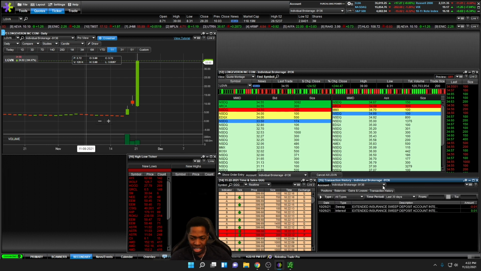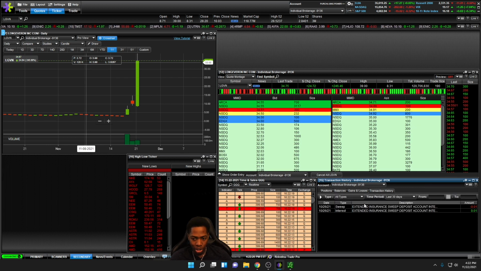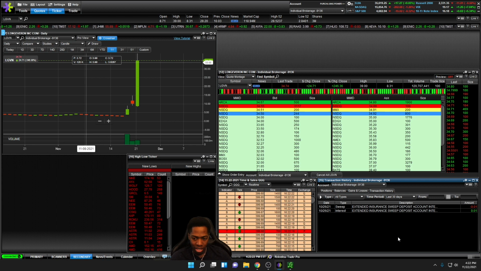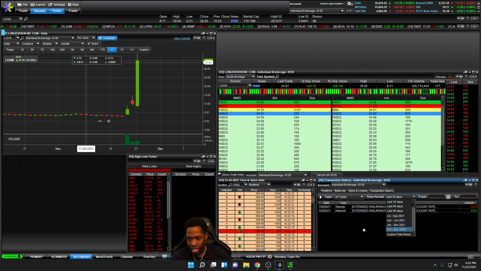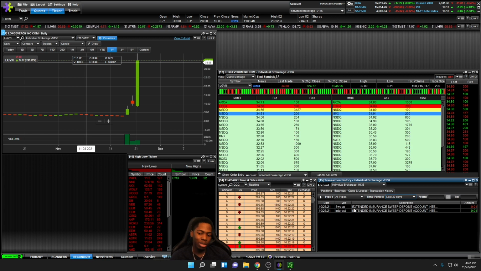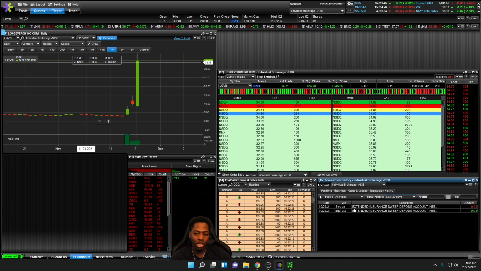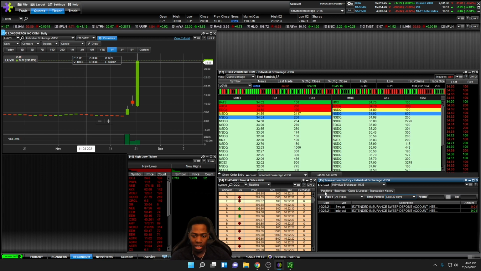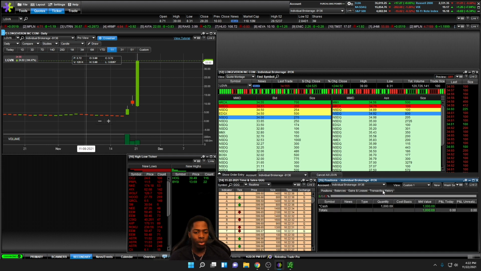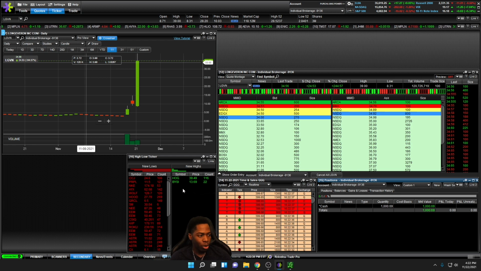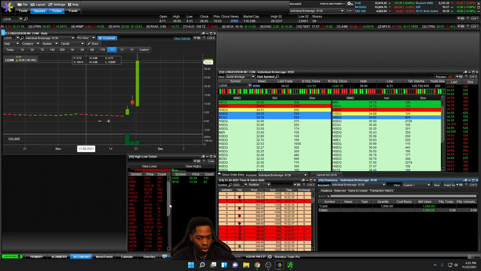So transaction history, right? This will go back and show you all of your transactions over the last 30 days, 90 days. So this window here is pretty key when it comes to looking back over time to see certain trades, certain entries and exits, that kind of a thing. So the positions window for me is pretty big. So moving on to the high-low ticker